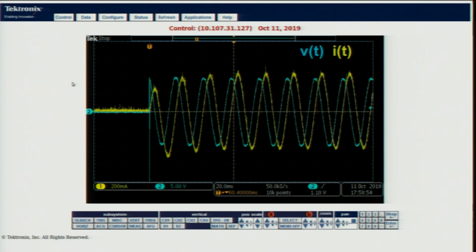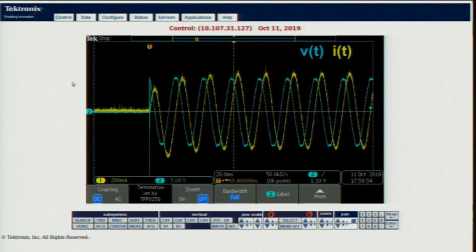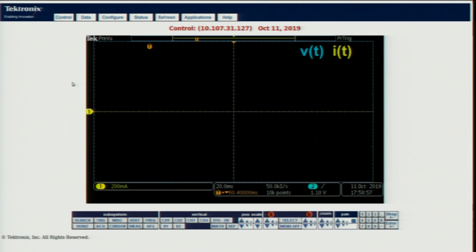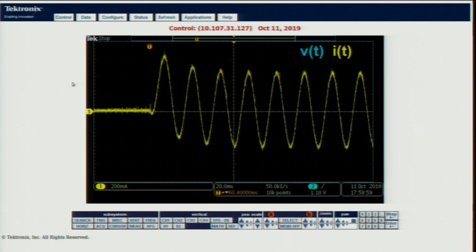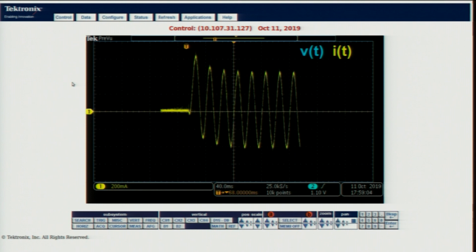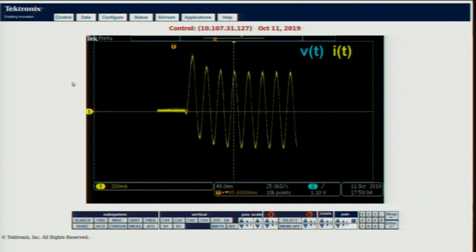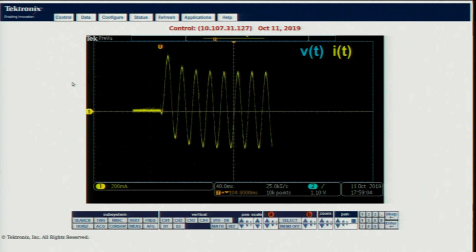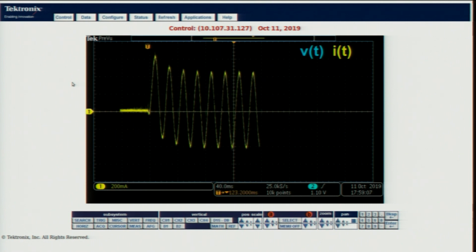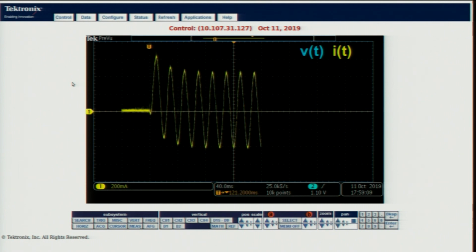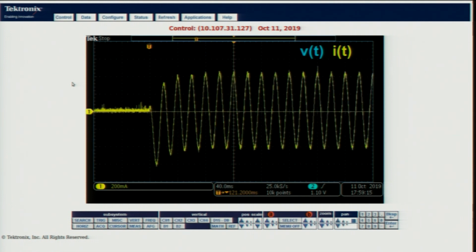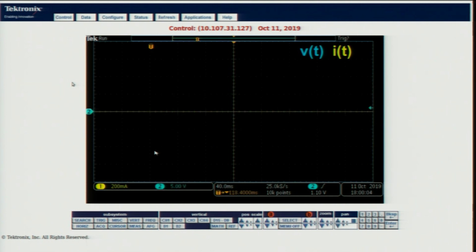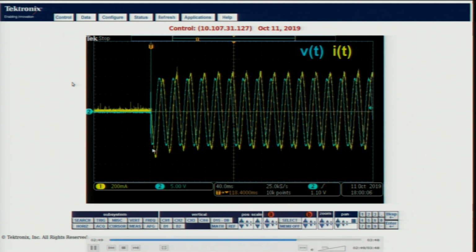The current is yellow and the blue is in fact the voltage. You will find that at the instant of switching, because of the switch itself as well as some high parasitics which you have not modeled, you do get some high frequency transients, but not in this specific figure. So, you will find this DC offset and this steady state, and if you switch at various instants, the DC offset changes. Of course, the steady state with respect to the voltage waveform will look identical whatever the time of switching will